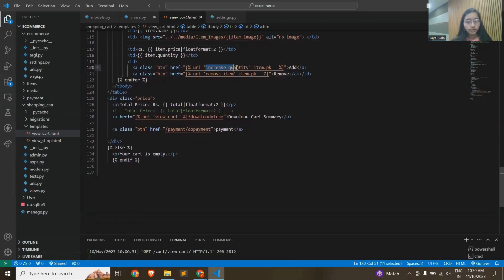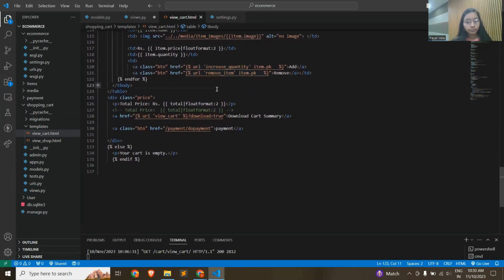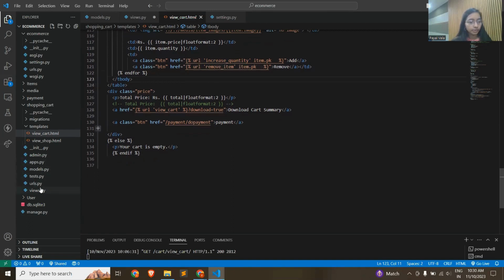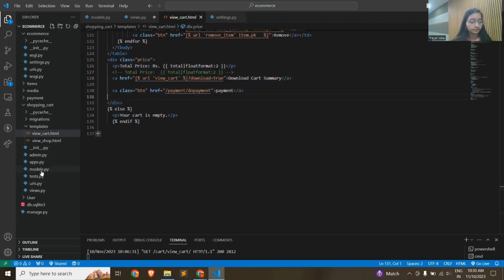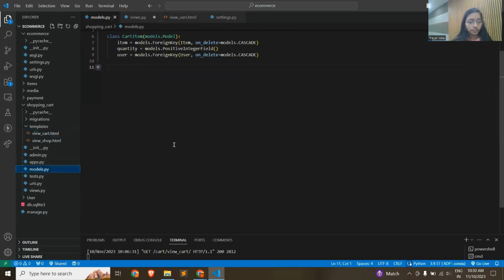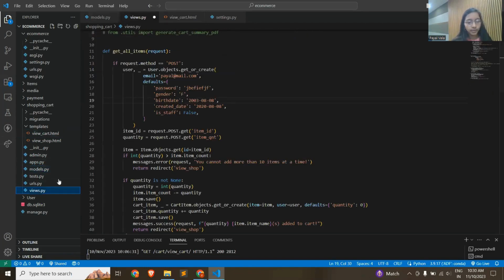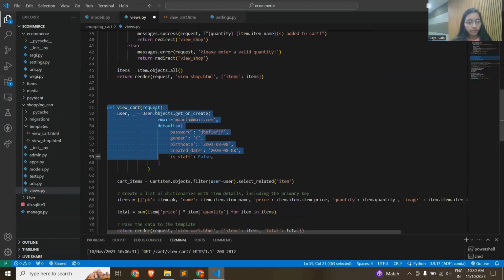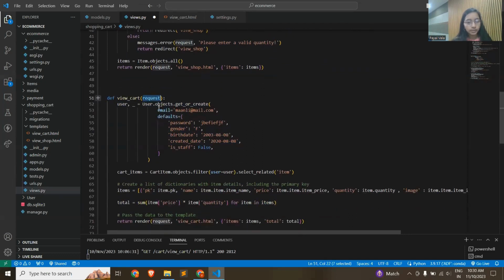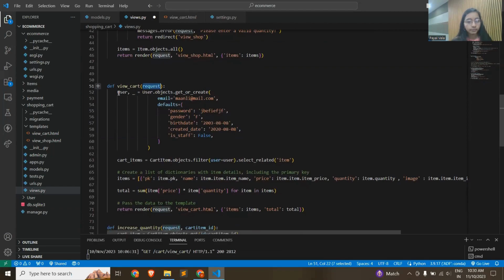Here increase_quantity and remove_item are views created in the views.py file. And here we make the division tag that makes the payment function. And then in models.py and views.py we created one view, view_cart, so that if the user requests the view cart, then we create the